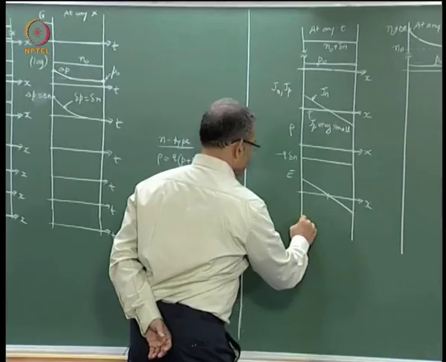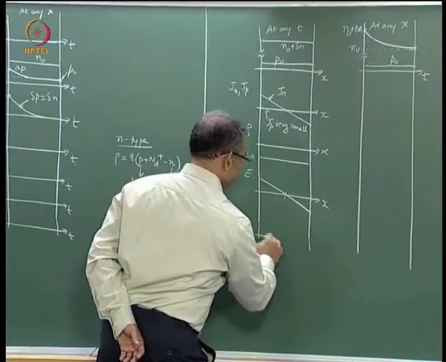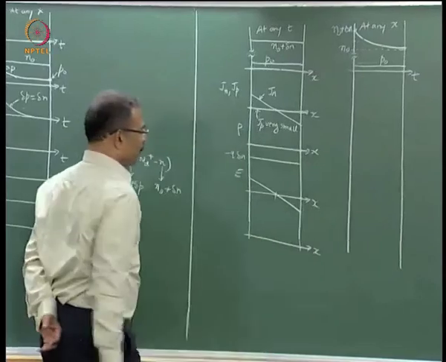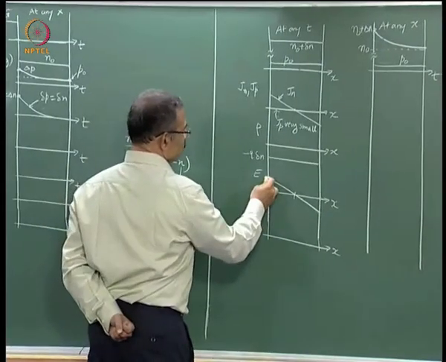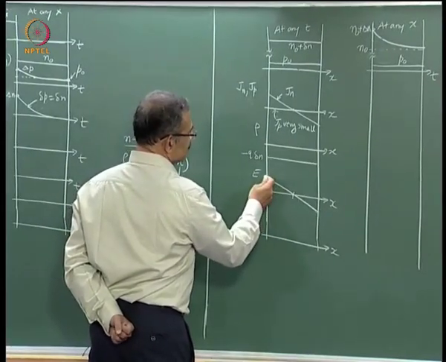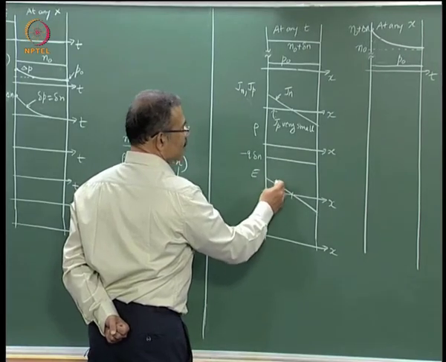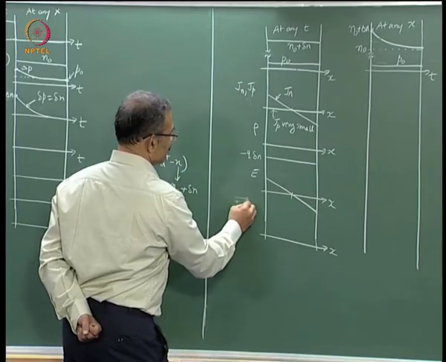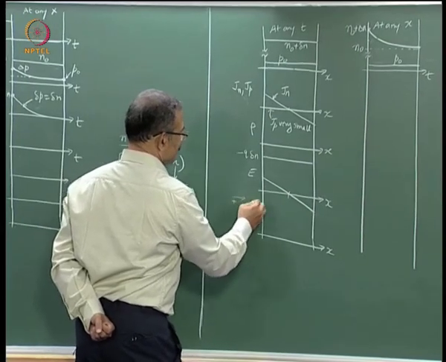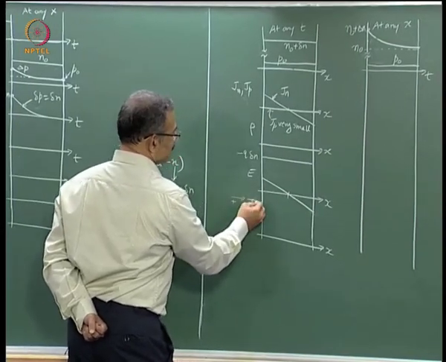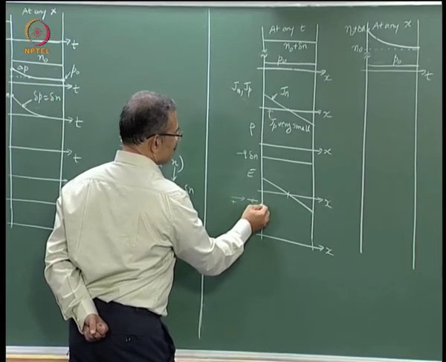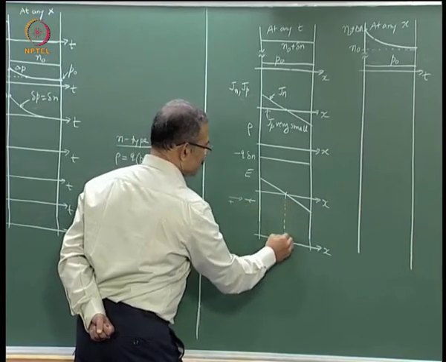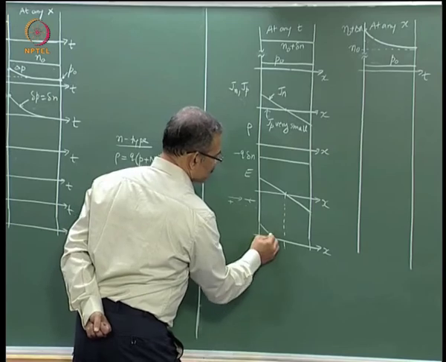And finally, if you want to sketch the potential based on this, as you move in this direction, if your electric field is from left to right, your potential decreases, right? And where the electric field is from right to left, as you move against it the potential increases. So therefore your potential picture would be something like this.